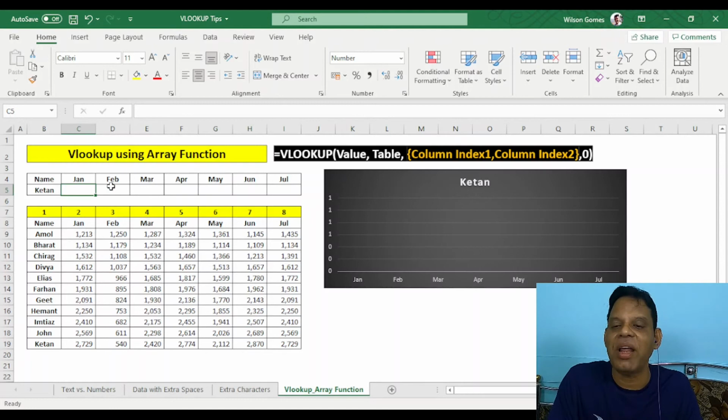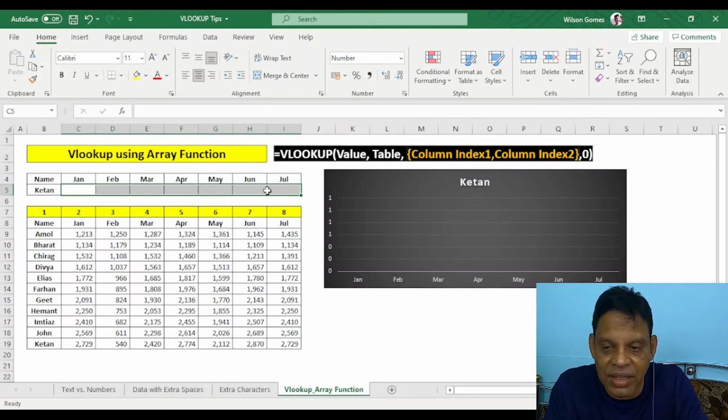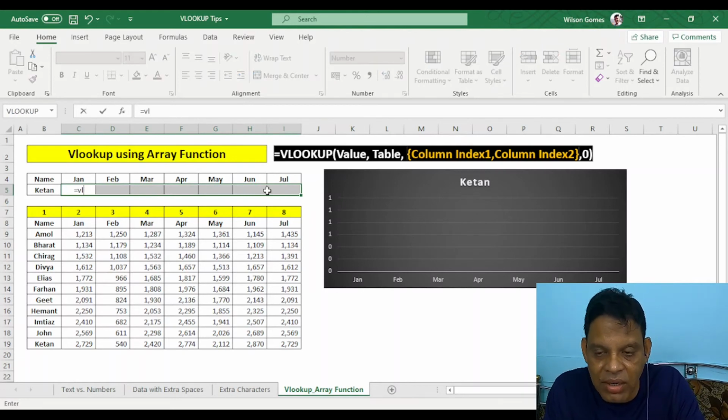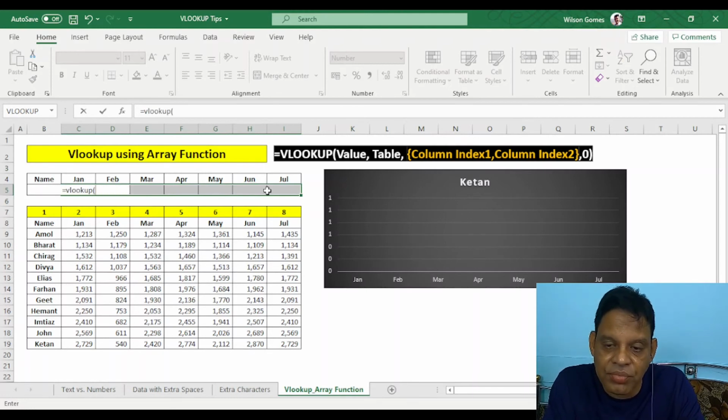For that, I have to select the complete column, just see it, then equal to VLOOKUP, open bracket, then I will search for the value. Here Ketan is in B5,